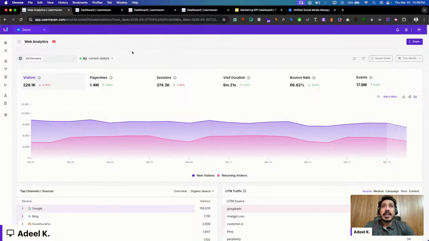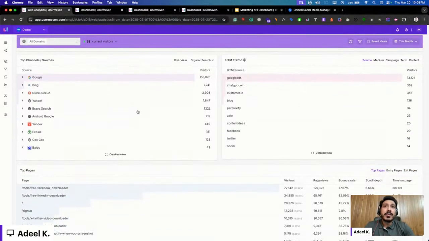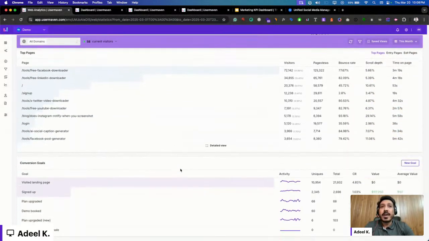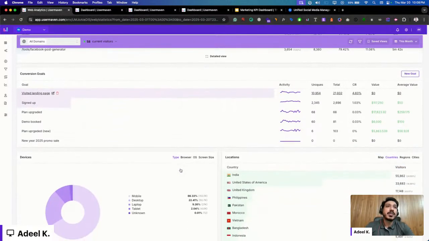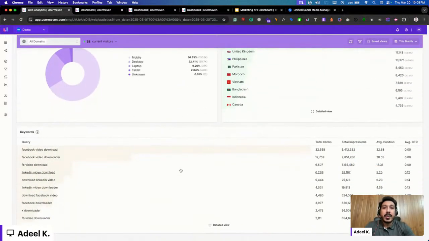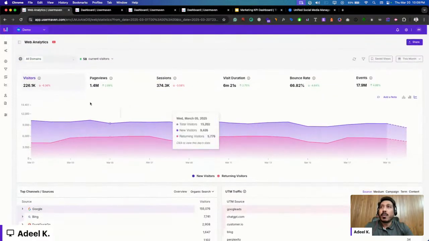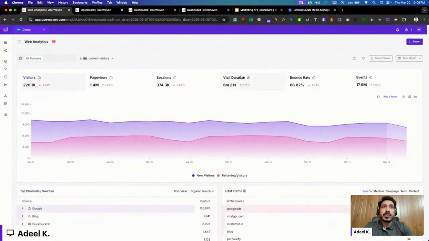Well, as Usermaven is a very comprehensive all-in-one analytics tool, it would be a challenge for me to explain everything in 5 minutes, and it would be a challenge for you as well to understand everything in 5 minutes. So we are going to accept the challenge, shall we? All right. Let me give a quick walkthrough of all the features of Usermaven, a quick overview. So our time starts